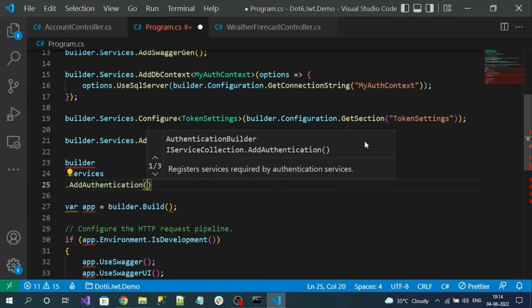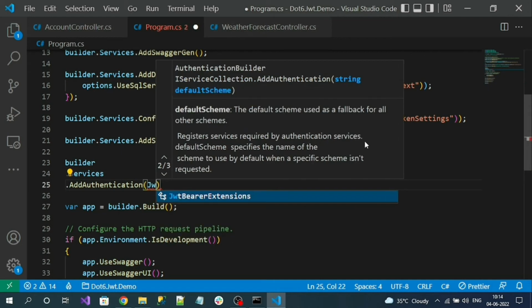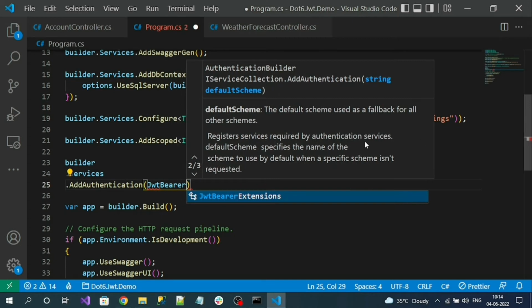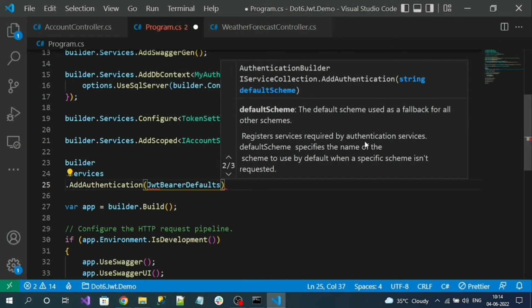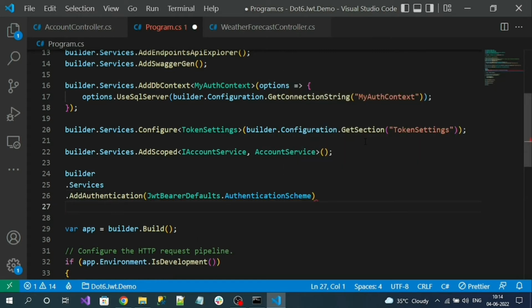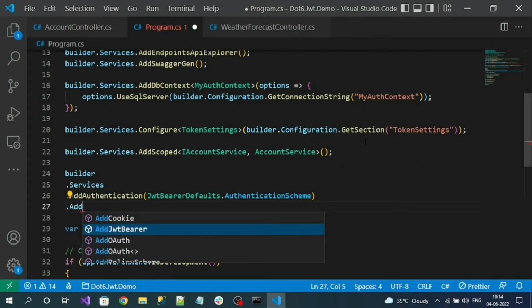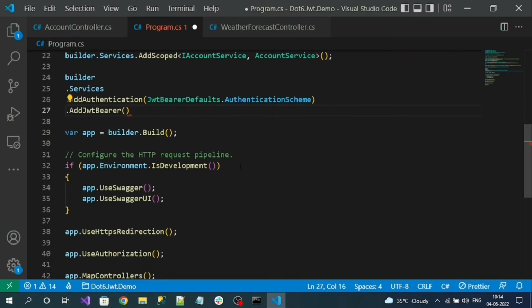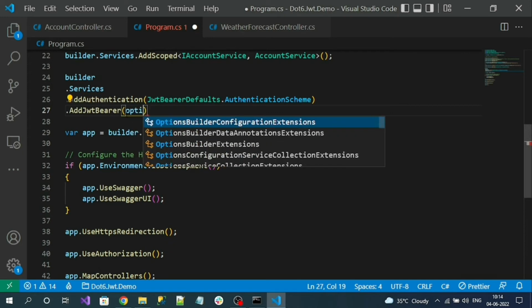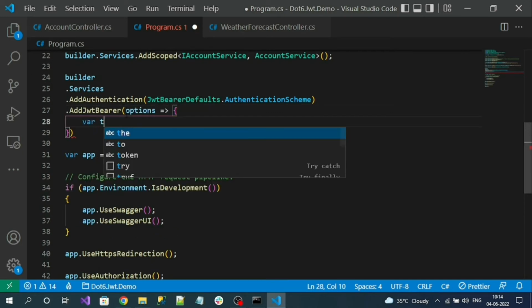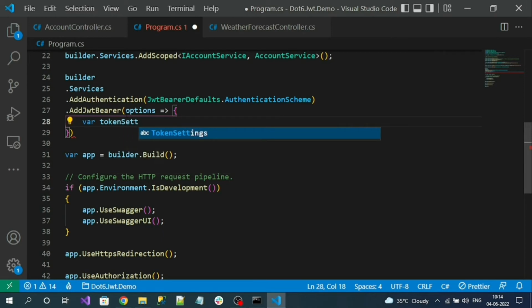We are using JWT Bearer authentication, so JwtBearerDefaults.AuthenticationScheme, and then AddJwtBearer. And here options, where tokenSettings equal to,